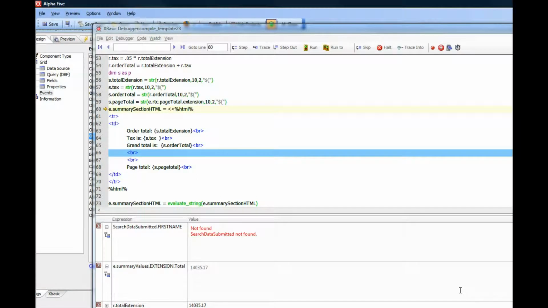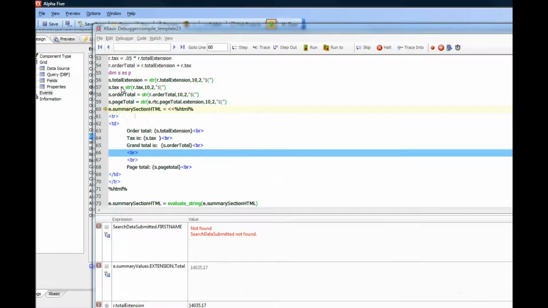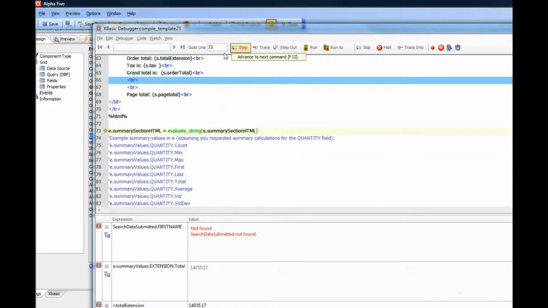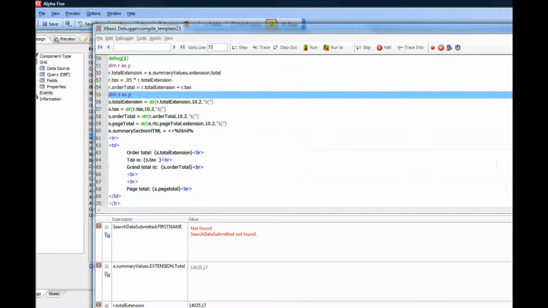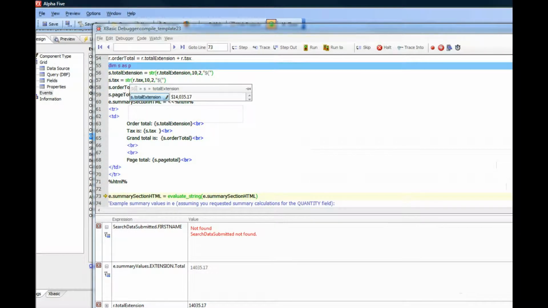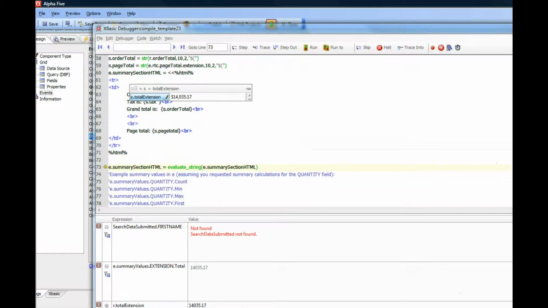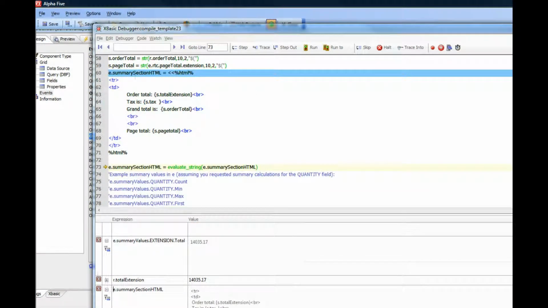This continues our discussion of the OnSummarySectionRender event handler. What we're doing here is computing an HTML template that has placeholders in it, and you can see that the placeholders are all enclosed in curly braces. So s.total extension is a placeholder where we would like to insert a value that has been defined earlier on. At this point, e.html section is a placeholder that looks like this, but the